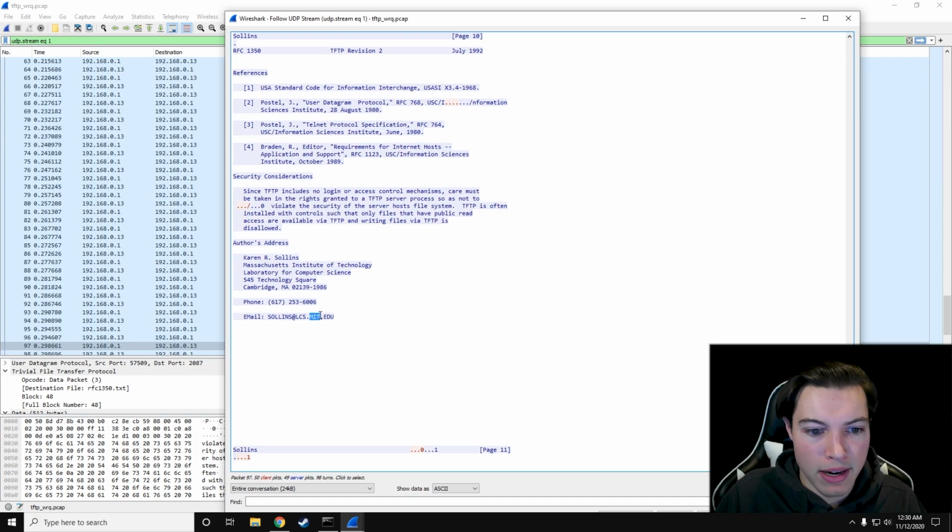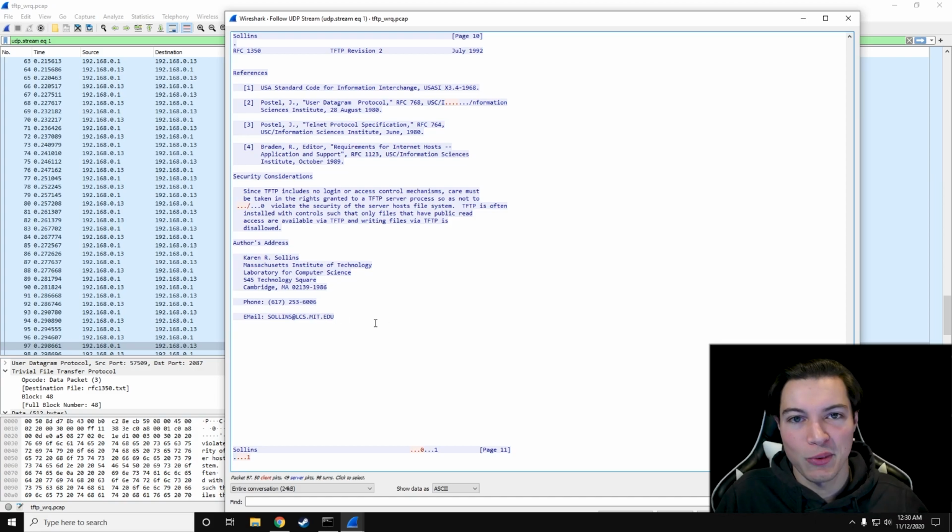So it looks like it's MIT. I was actually wearing my MIT sweatshirt a couple days ago. I do not go to MIT. So if you see me wearing college sweatshirts, you'll never know which one I actually go to because I have like 4 different college sweatshirts and I'm at one of them. But yeah,